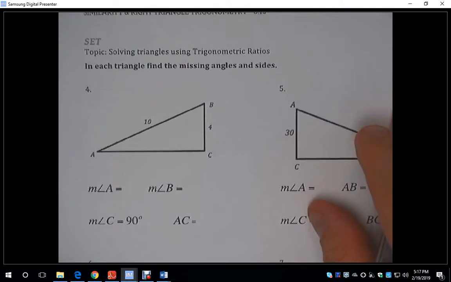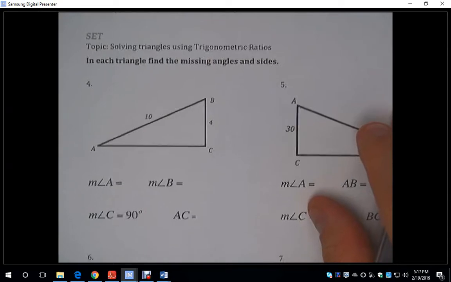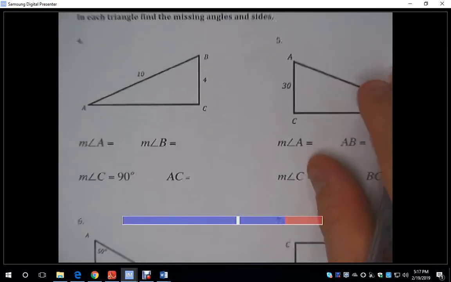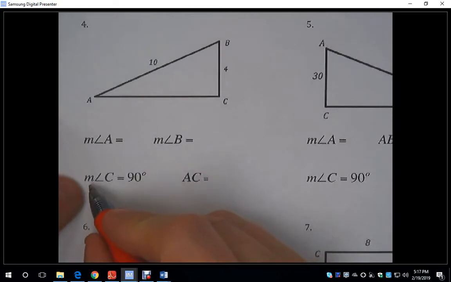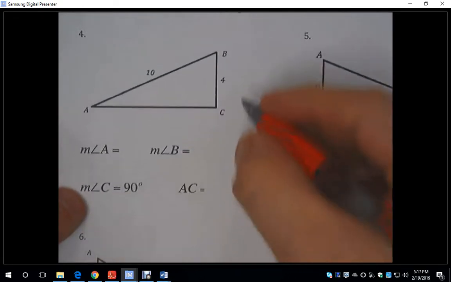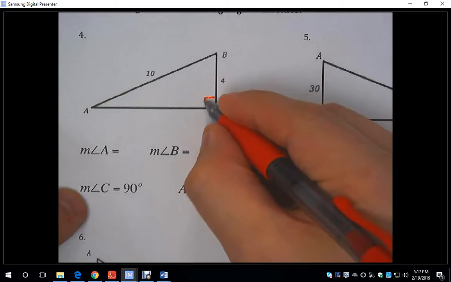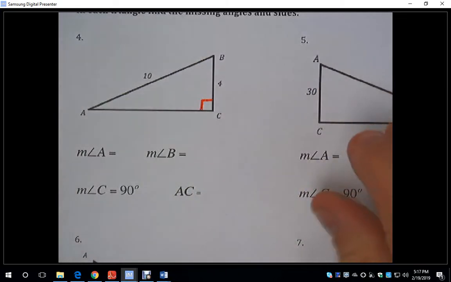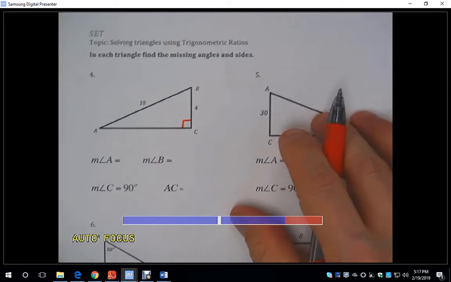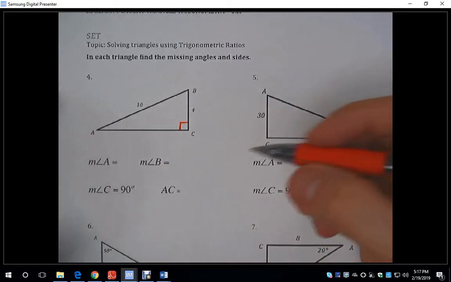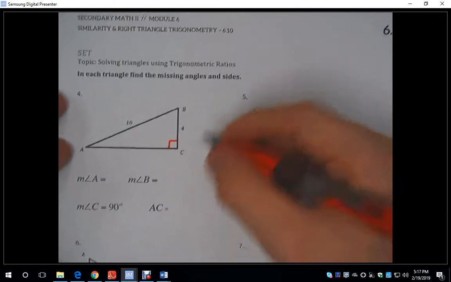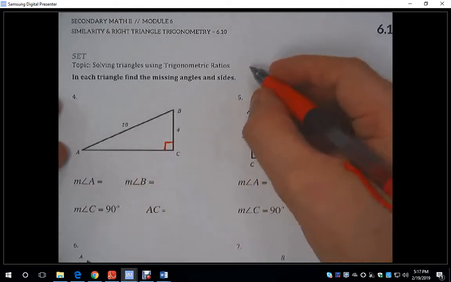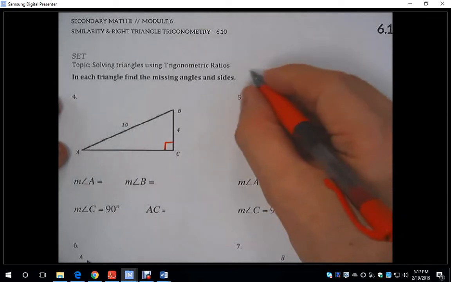So the directions say, in each triangle, find the missing angles and sides. I'm given this triangle here, and what's really important is this piece right here. It says the measure of angle C is 90 degrees. Because the angle is 90 degrees, I'm dealing with a right triangle, and that means I can use the Pythagorean Theorem, and I can use any of the trigonometric ratios, which depend on a right triangle. What I mean by trigonometric ratios is, from our acronym SOHCAHTOA,